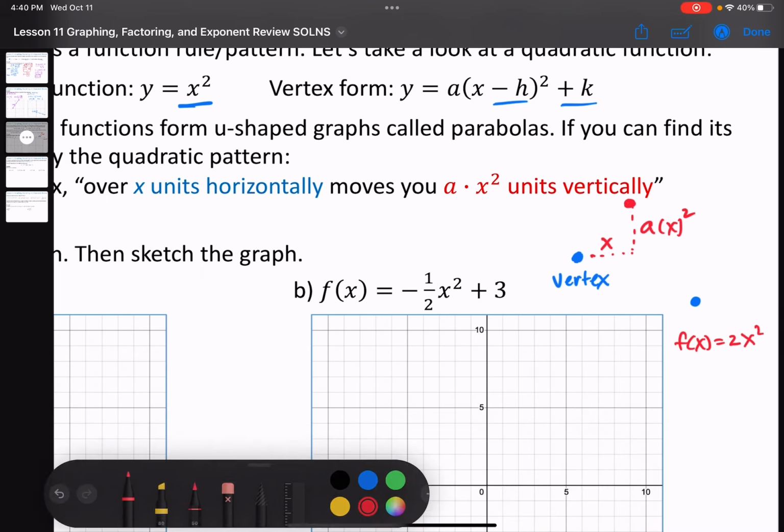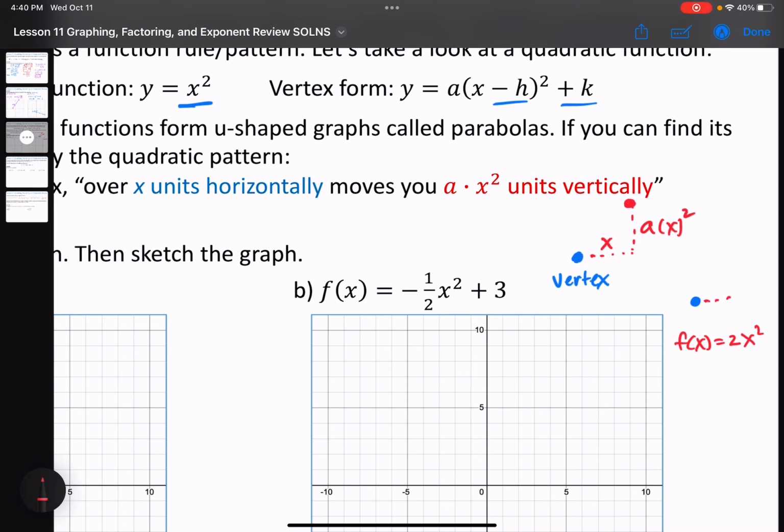If I decided to move over x is equal to 1, I would move up 2 times 1 squared, which in this case would just be 2 units. And because parabolas are symmetrical, if I move in the opposite direction, let's say x is equal to -1, the other point would be at 2 times -1 squared, which would end up creating a symmetrical